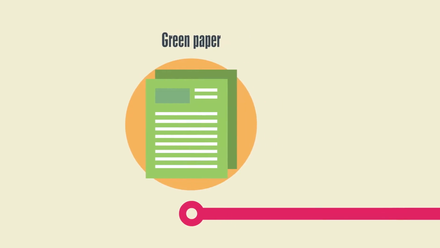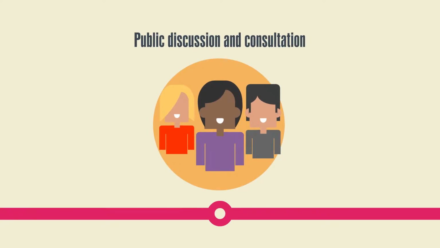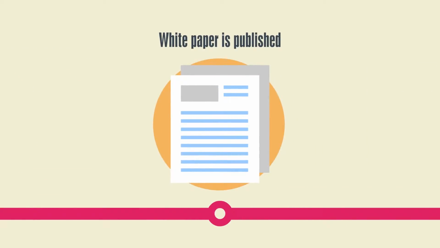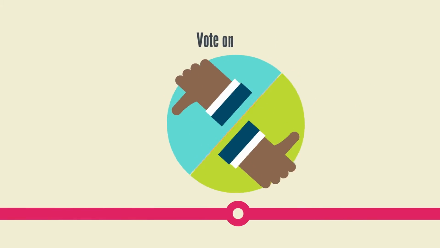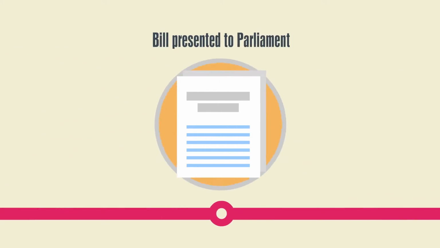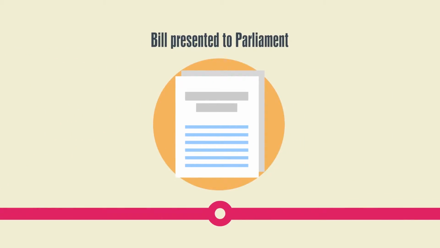This is open for public discussion, with interested groups like internet service providers and others likely to be affected. Once findings are gathered, a white paper is published, which outlines a firmer plan for government policy. Cabinet ministers must agree whether the proposal is taken forward. Once agreed, a bill is drawn up, and the minister responsible for the policy introduces the bill to Parliament for